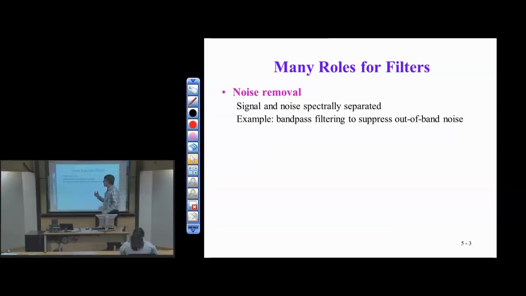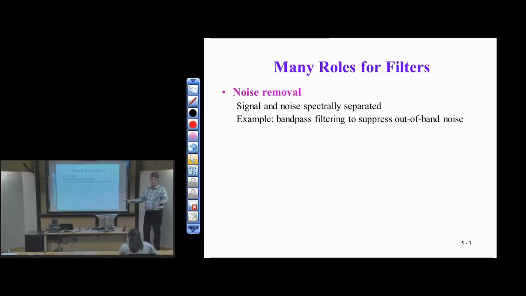So an example of that, if I do bandpass transmission in a communication system, or a bandpass signal in general, could be an audio signal, I could bandpass filter to suppress out-of-band noise. This will improve what measure of signal quality do you think this will improve? SNR. So what we do is we pass the signal that we want. So we put the signal frequencies, the signal of interest, we'll pass those frequencies and then attenuate the other frequencies